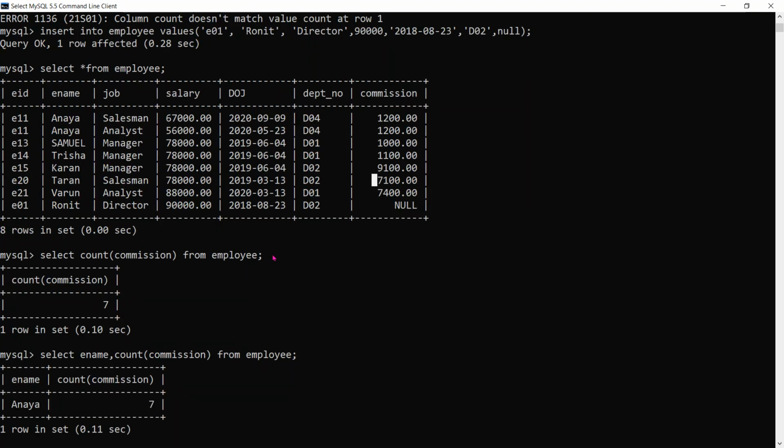Here the department number and the commission group. For group by, we basically group the common values. Even we can group uncommon values also.